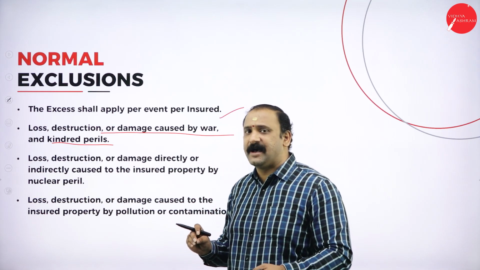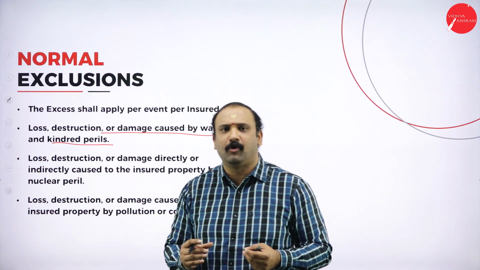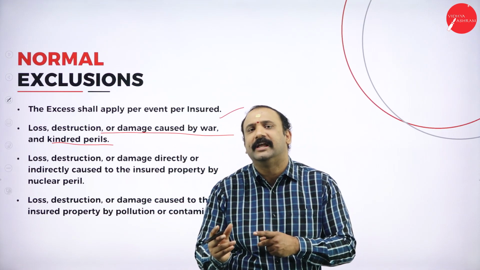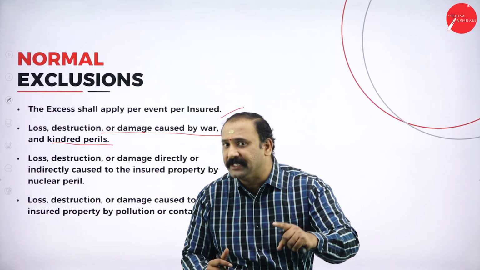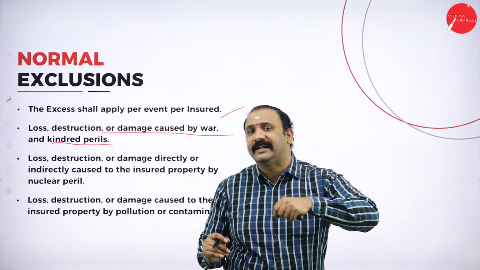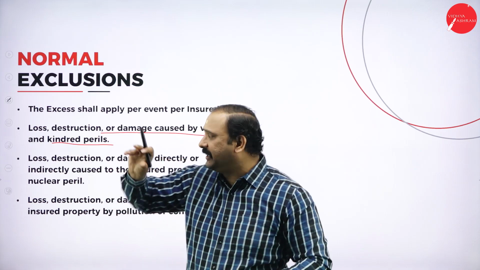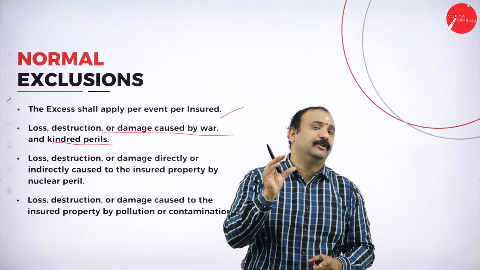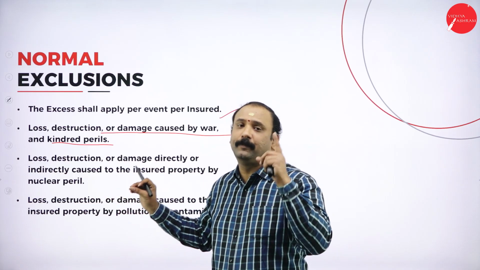Now, giving you a current example, a few days back, there was a war. I wouldn't say it's a complete full-fledged war, but a complete destruction, a physical attack that went between the two nations, Israel and Palestine. So now what happens? The insurance companies will definitely look into the houses that are located in the strip of Gaza. Why? Because those are the places affected by the war factor. These are all kindred perils. So loss, destruction, any kind of attacks that are happening in that zone, in that territory, are subjected to problems,